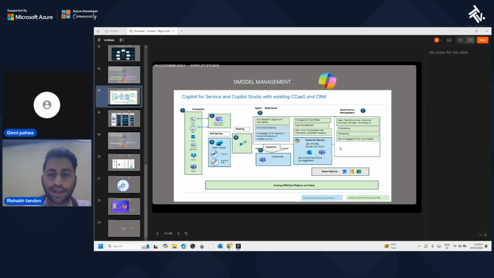Now Copilot for services with 3P CRM, Outlook and Teams, generative AI emails and follow up suggestions. Now real time monitoring or analytics includes Whisper and Badge in forecasting, scheduling, generative AI suggestions for optimizations. Now it also takes Power Platform into account, existing CRM data platform and cloud